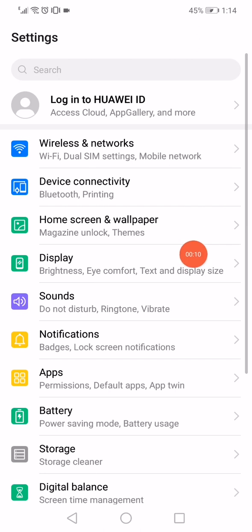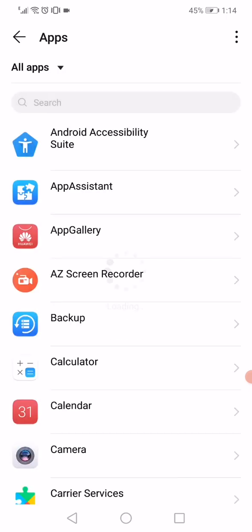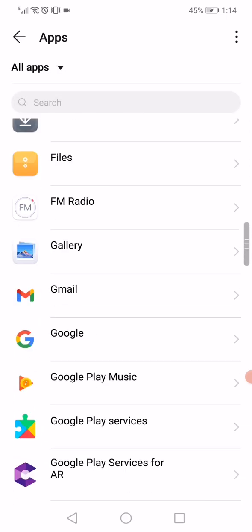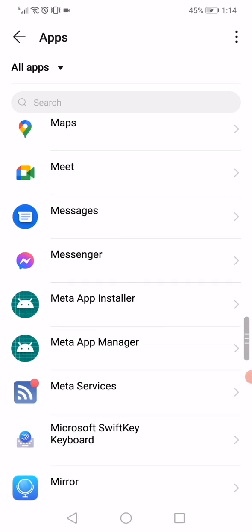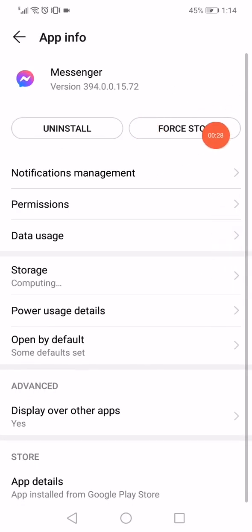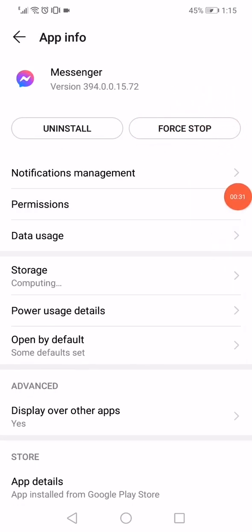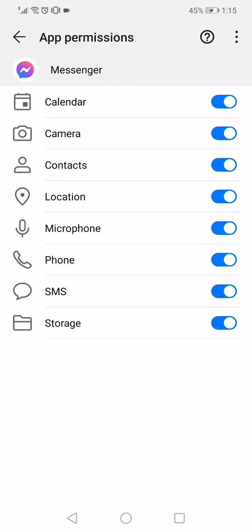First thing, open the settings on your phone and then go to the apps manager. When you open the apps manager on this page, you will find every single app you have on your phone. So all what you wanna do is scroll until you find the Facebook Messenger and then click on it like this, and then click on force stop and go to the permissions and make sure to enable every single permission